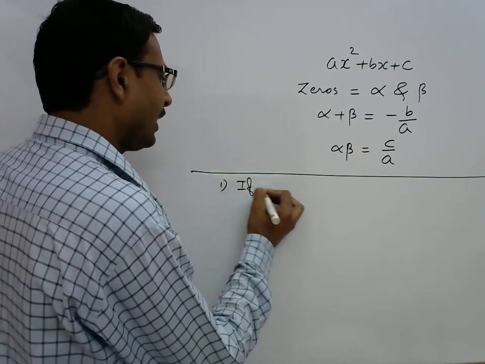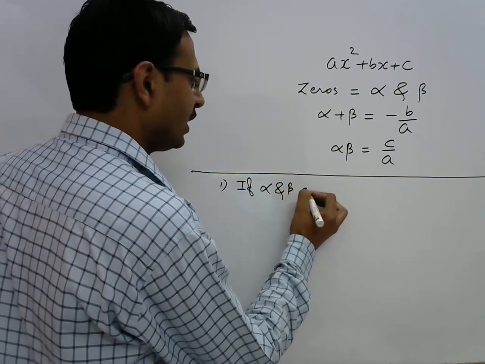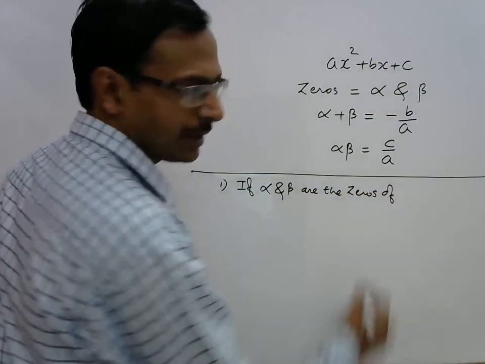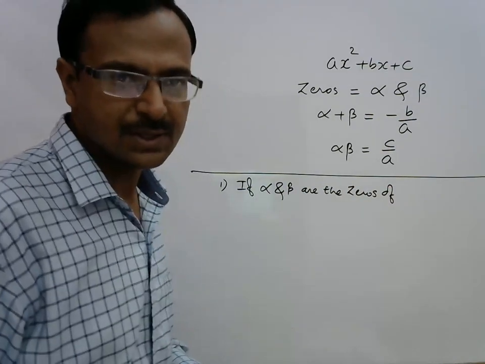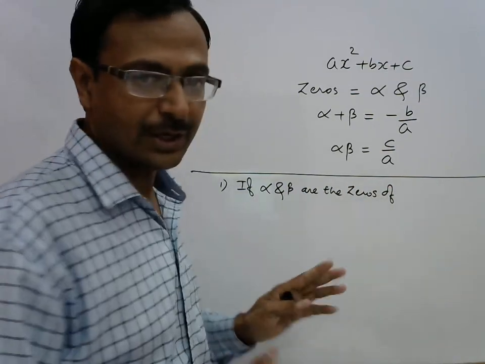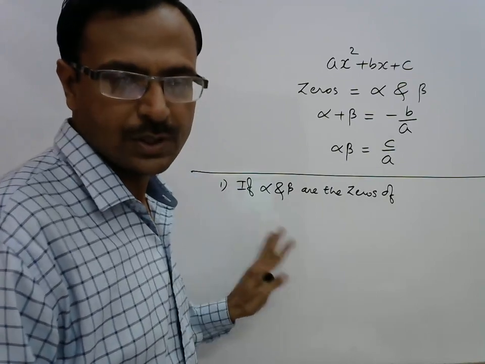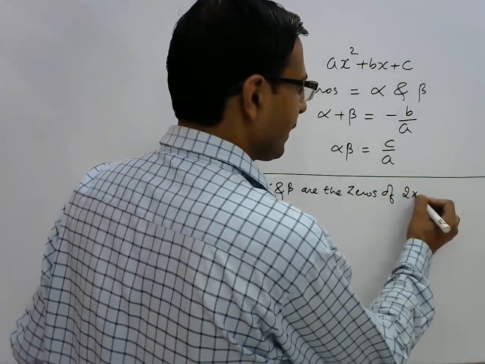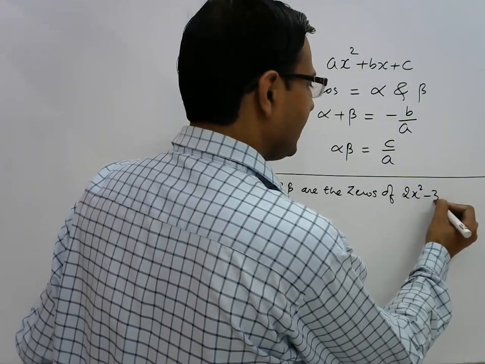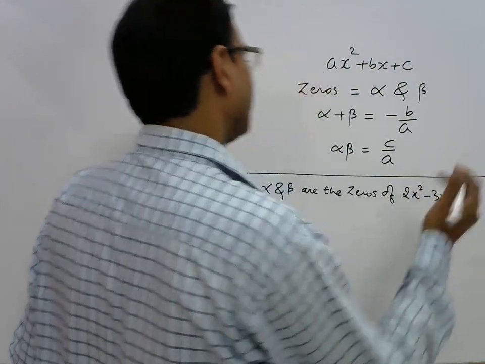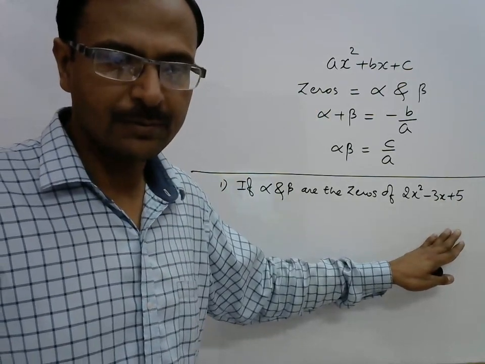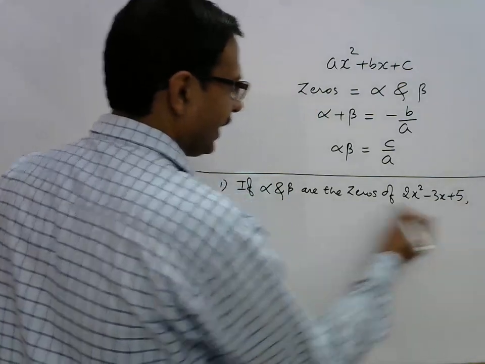If alpha and beta are the zeros of a quadratic polynomial, the quadratic polynomial is 2x square minus 3x plus 5. If alpha and beta are the zeros of this quadratic polynomial, find the value of